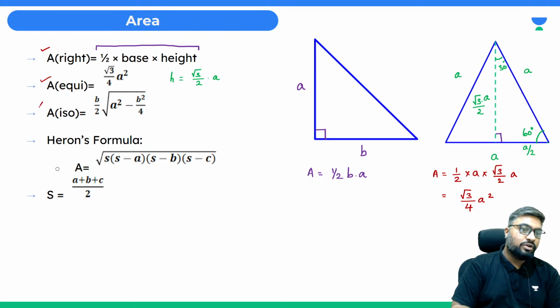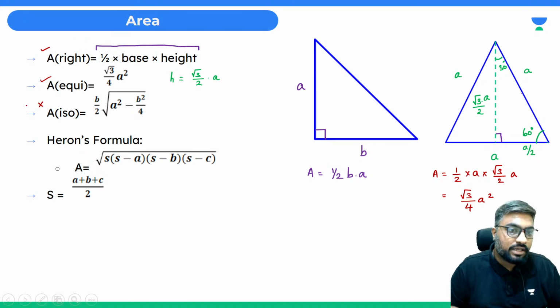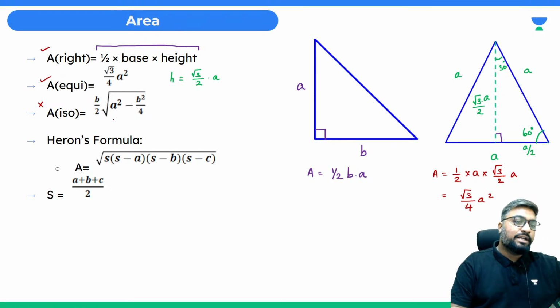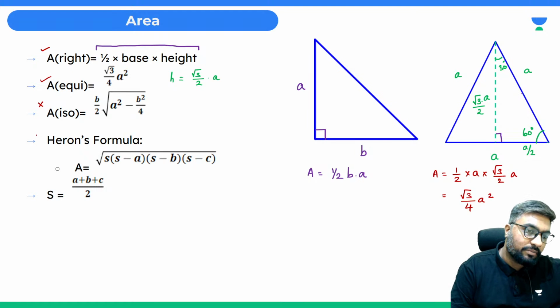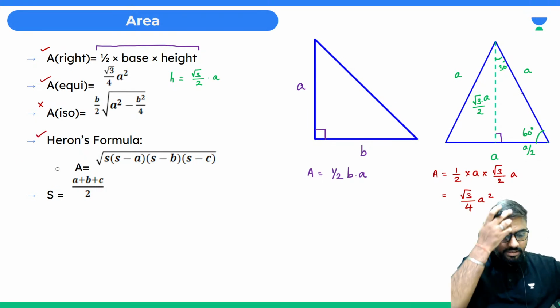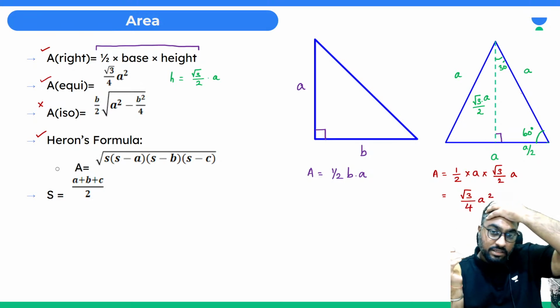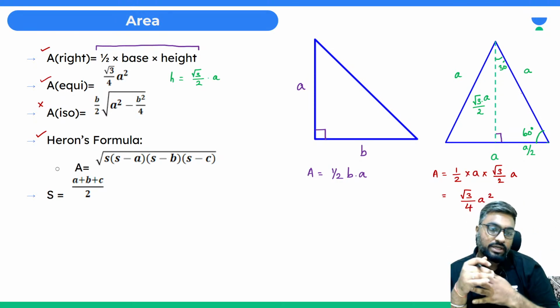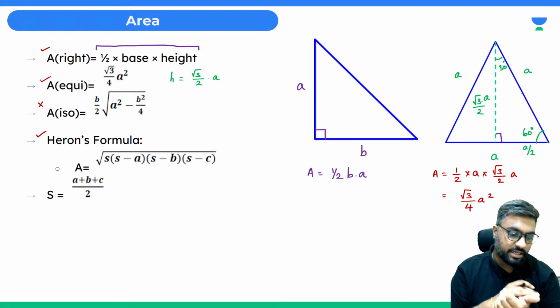This I would not recommend you to remember, क्योंकि ये याद रखना ही थोड़ा complex है. b/2 square root of a square minus b square by 4. Yes, isosceles triangle का ये formula याद मत रखो, instead go for the Heron's formula. This is easy to remember and also the calculation process is doable. ठीक है, Vedansh will do trigonometry towards the end after mensuration. Mensuration जब हो जाएगा उसके बाद trigonometry करेंगे. ठीक है,